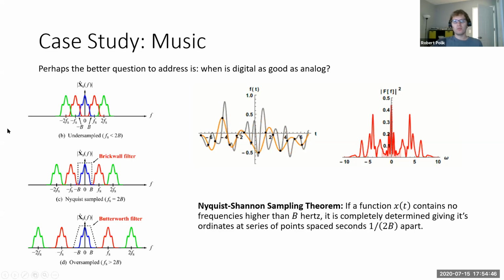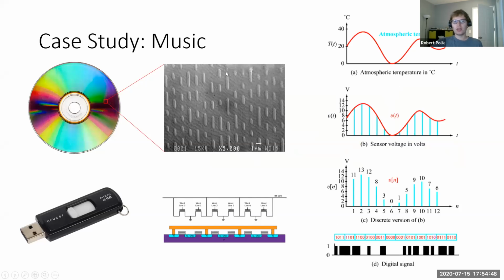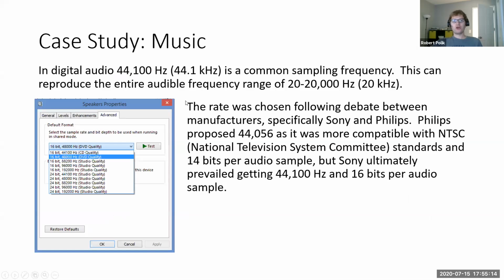And so for music, the way we actually do that is you can encode onto a CD-ROM. That's the one I included here because you can actually take pictures of a CD-ROM, and you have your digital signal. You actually have your ones and zeros encoded into the CD. A flash drive, you can't really take a picture of how it encodes its data, but it's a series of gates or something on a silicon wafer. And so that's another way you can store your digital signal.